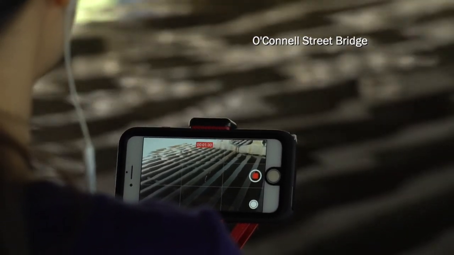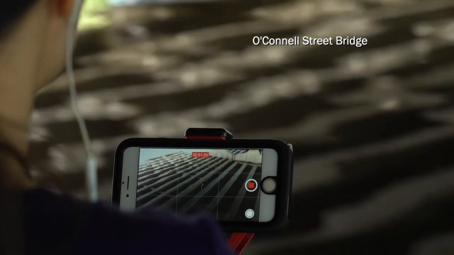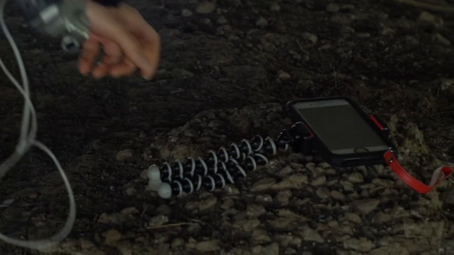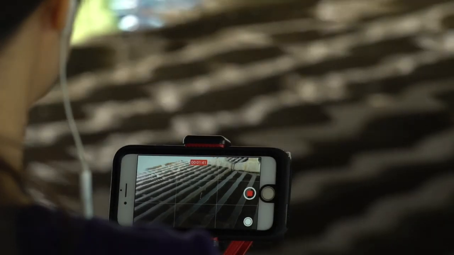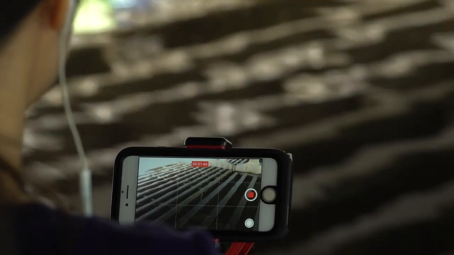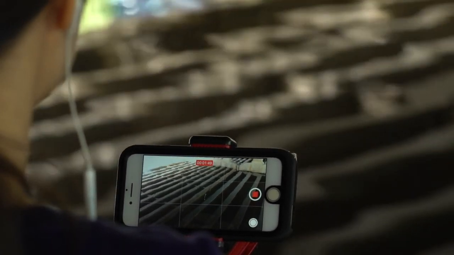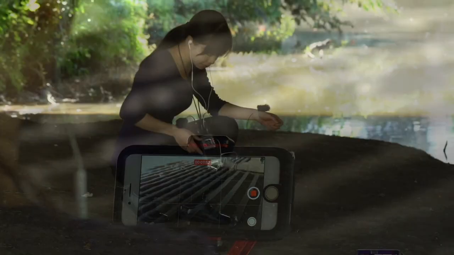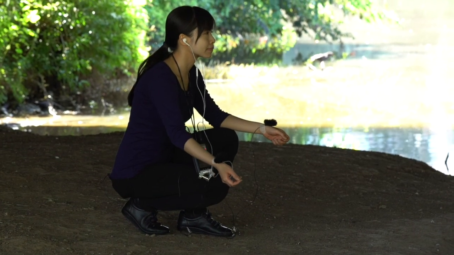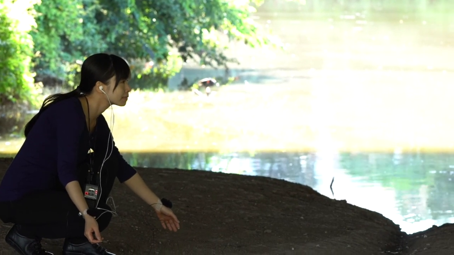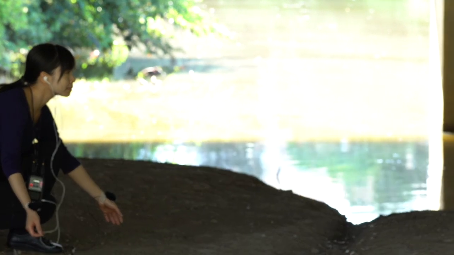I actually hold it using a small Gorilla Pod, and I don't use a gimbal, I don't use any kind of steadying software or anything. So you can see there's this unstable, shifting movement, and all of that is done so that it reflects my bodily experience of crouching close to the ground, which is generally how I record my sounds. I like to record quite close to the ground, because the ground itself creates almost like a sound reflector on its own.